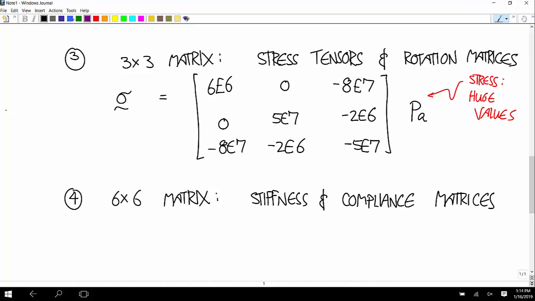We're going to use the compliance matrix most often. But the stiffness matrix you can think of as a 3D version of the spring stiffness